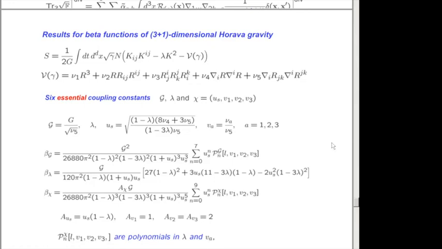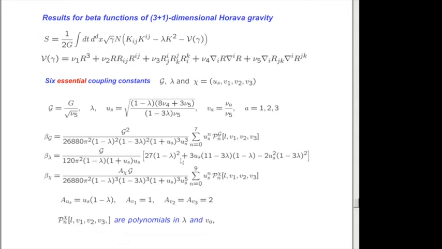And the final results of all these calculations are the following: we have the beta functions for the 6 essential coupling constants, which are given here. Say the first essential coupling constant is Newton's constant divided by the square root of nu5. Then you have lambda, which was already discussed before. Then the additional 4 coupling constants which are listed here, and for them we have a set of beta functions which are given in terms of enormously long polynomials,